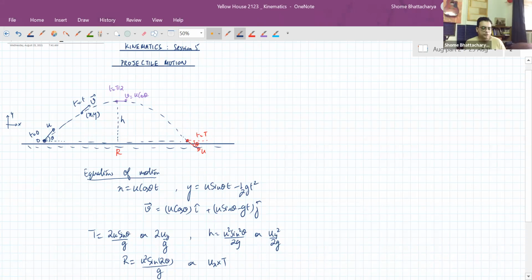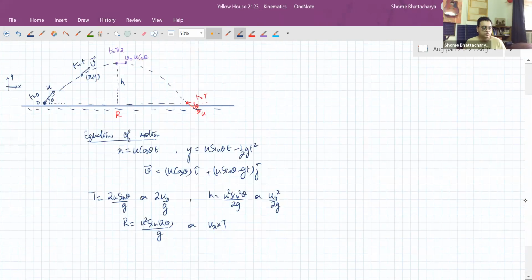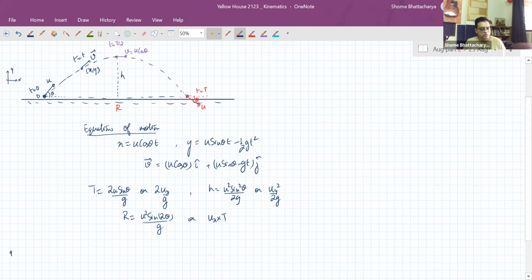Okay, so let's start with a quick numerical problem. An object is projected